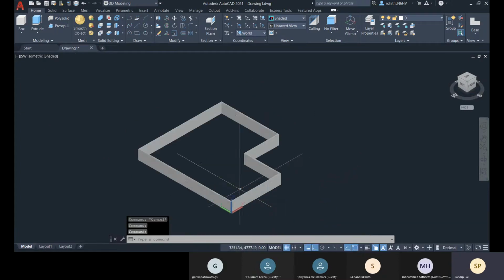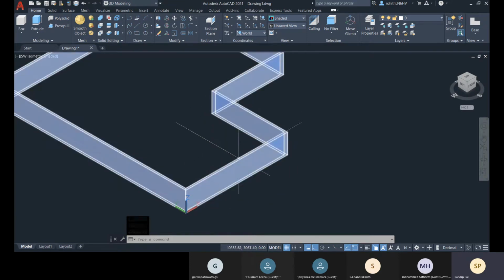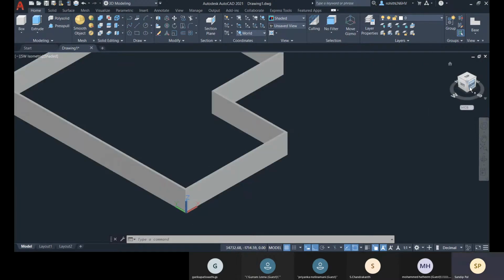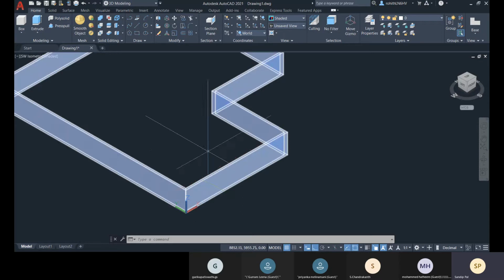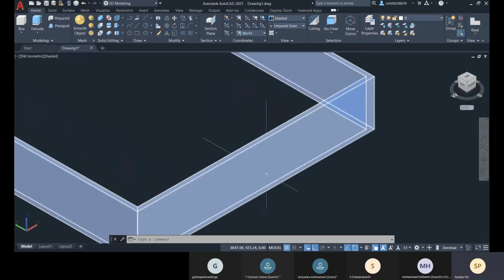So either I can activate the dynamic UCS, or I can align my working plane XY with this front view. If I align my XY working plane with this front view, then I can draw the rectangle on the surface.